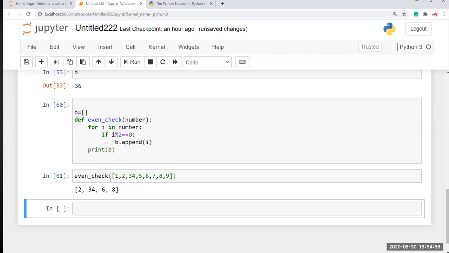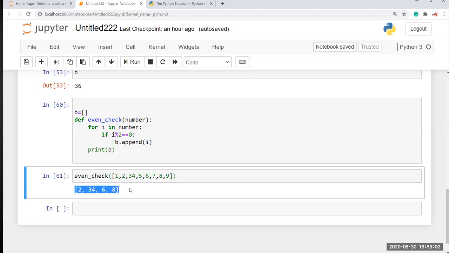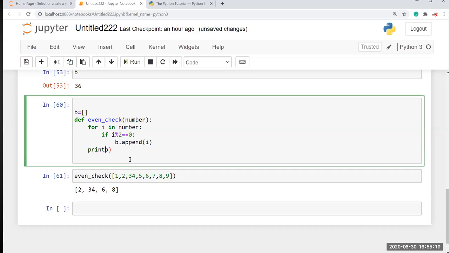Okay, then you can convert your value like this, or here I'm going to return B. So before you return B, you have to convert the list into a tuple, because a return returns only a tuple value.